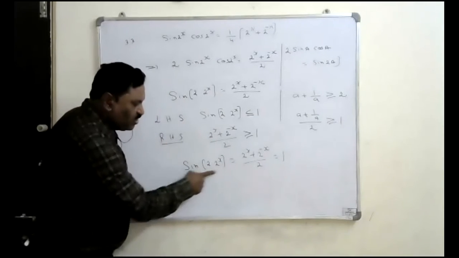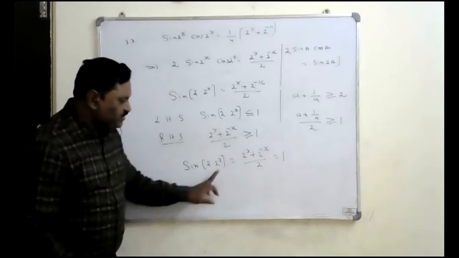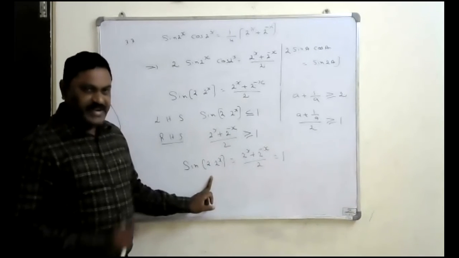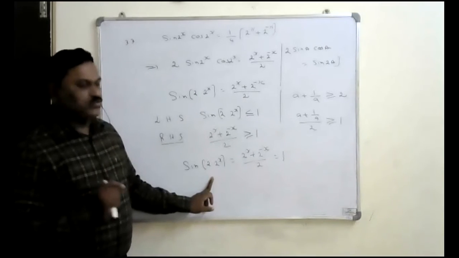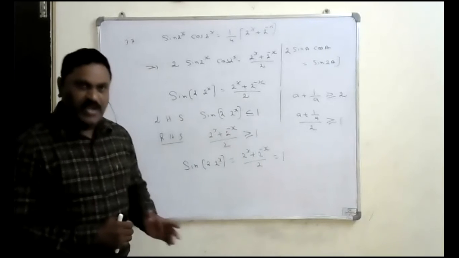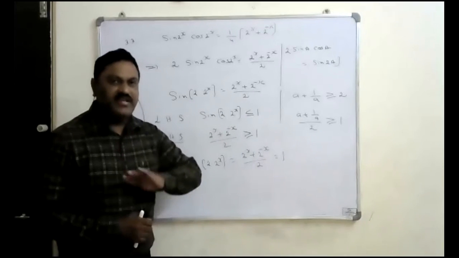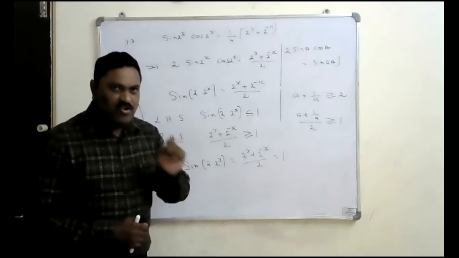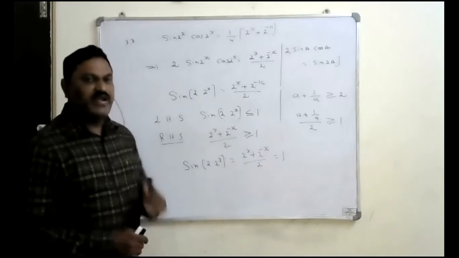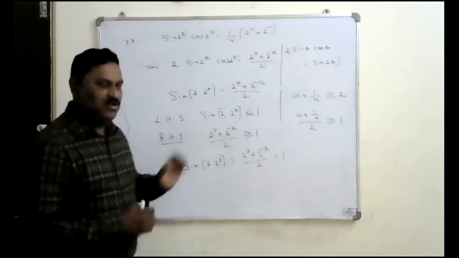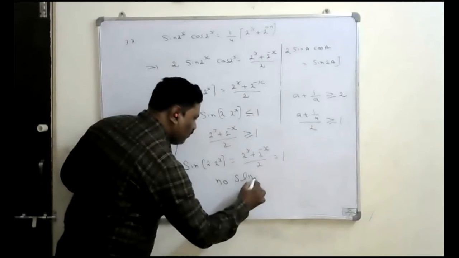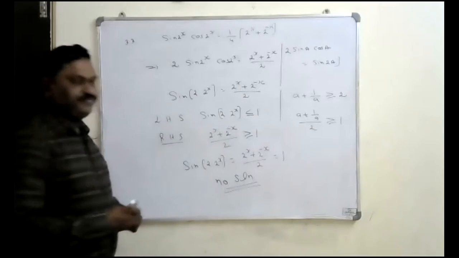But when x is 0, the sine expression is not giving 1. If I keep x as 0, 2 into 2 power 0 gives 2, so it is sine 2. But sine 2 is not equal to 1. That's why at the same value of x, both are not giving 1. That's why this will not have any real solution. Because at the same value of x, both expressions have to give 1, but it is not possible. That's why at no value of x are these equal. Therefore, no solution. Therefore, the number of solutions is 0 is the answer.